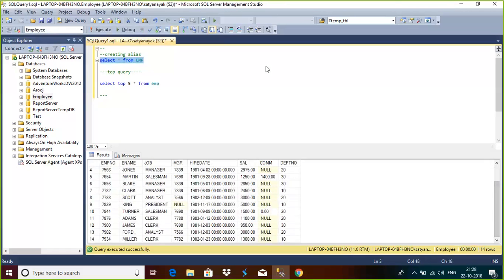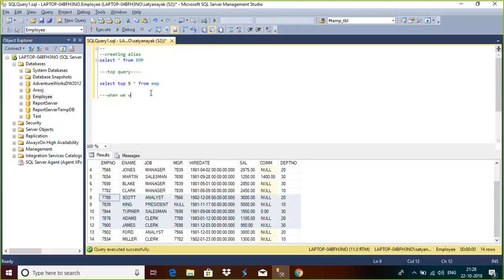Top won't work like that. Top means it will start from 1. It will always start from the first row. So if I want to see the rows between 8 and 12 maybe, what kind of query can we write